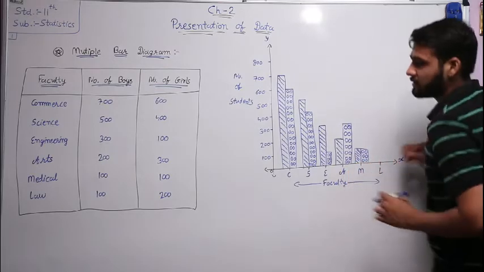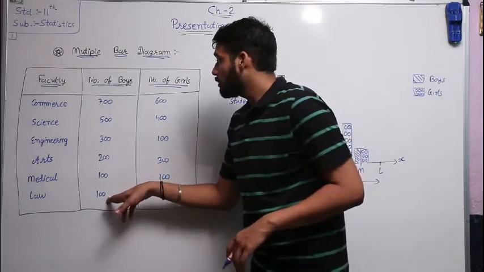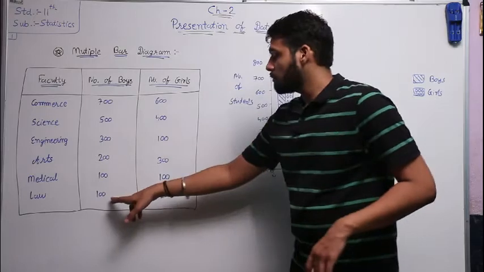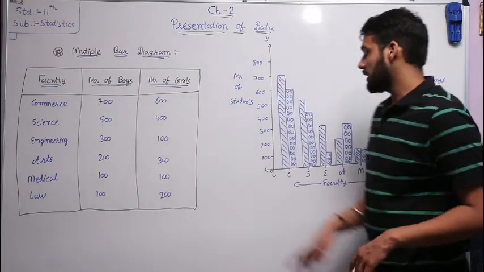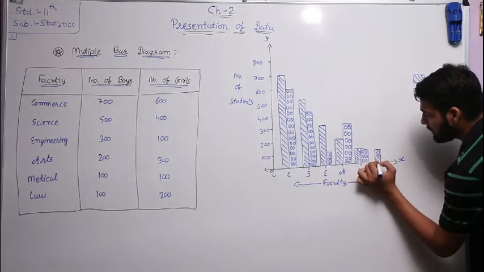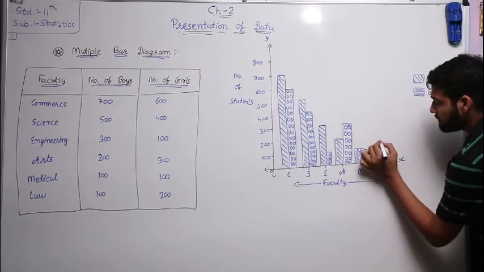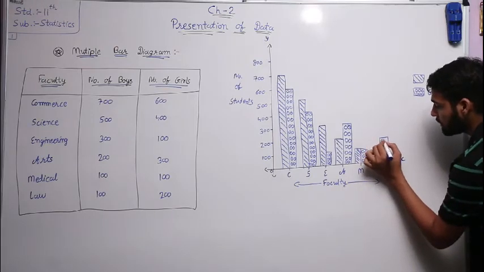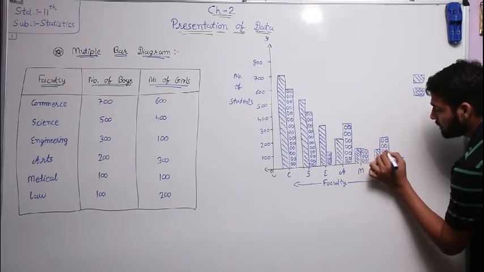Okay, and last one is law. In law number of boys are 100 and number of girls are 200, so this column for boys and this one is for girls. Okay students, so here